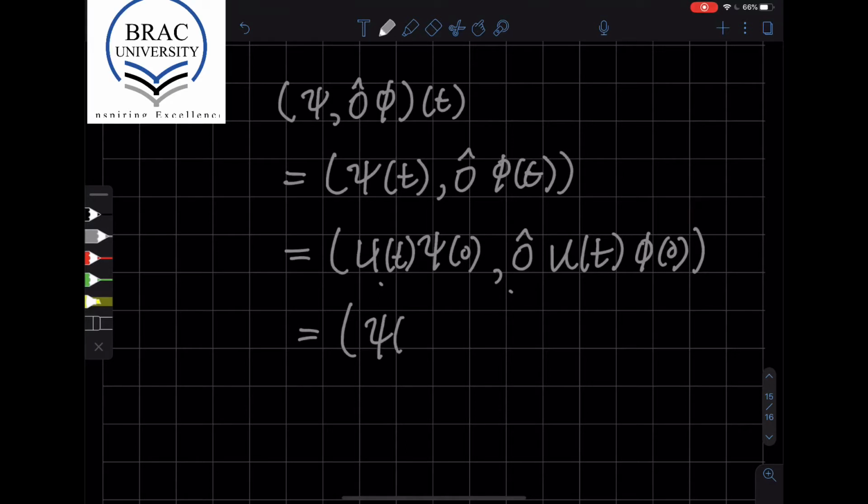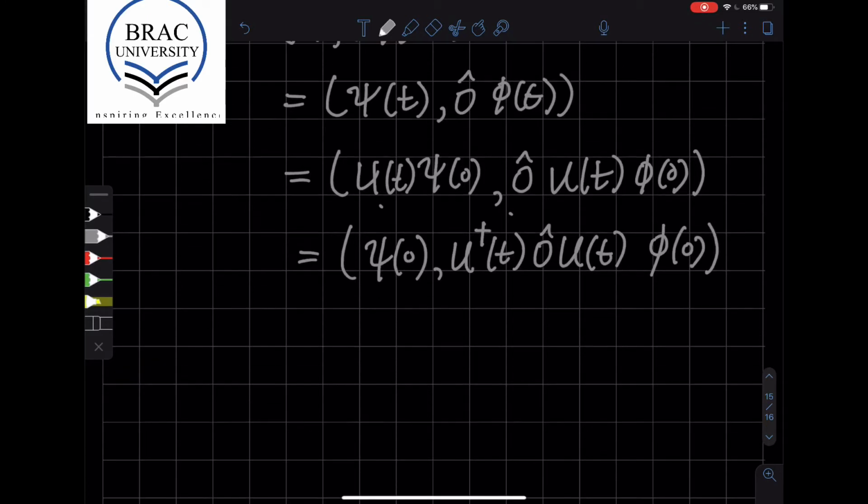Then I will have psi of 0 and then U dagger of t O hat U of t psi of 0. And now this is an operator. We can define it as O hat H of t, because now this operator depends on time, and this H